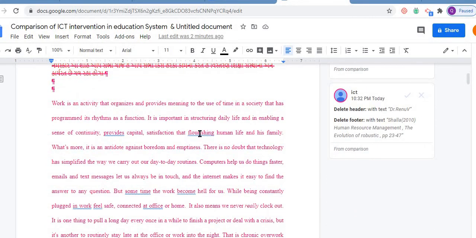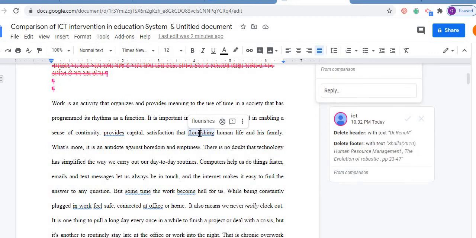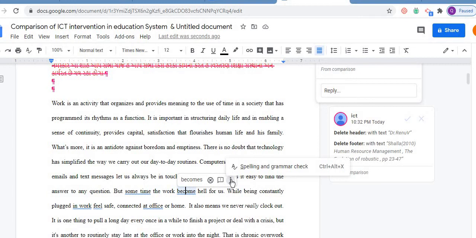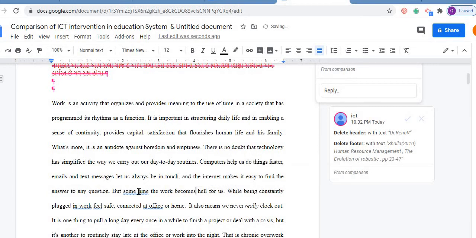So as per the point of this, see, what is this? It simply indicates this is the special facility which is available, which indicates the spelling error and the grammatical error here. So flourishing to be converted into flourishes, provides to be converted, because those highlighted blue, and it indicates becomes, this is a feedback, more options are there, okay, so becomes. Now what? Sometimes to be clicked.